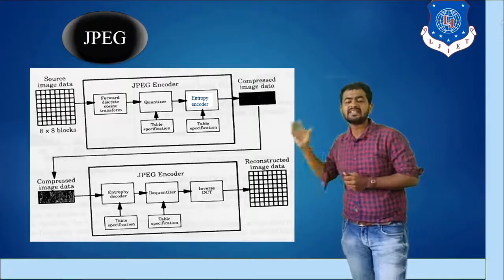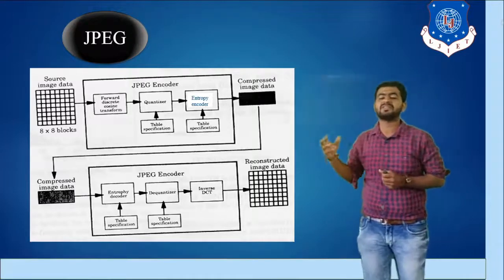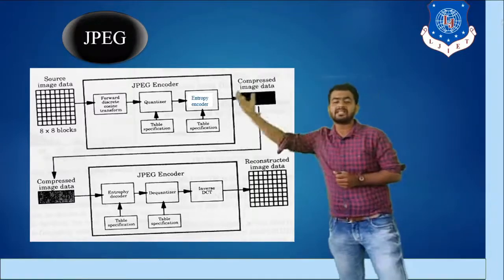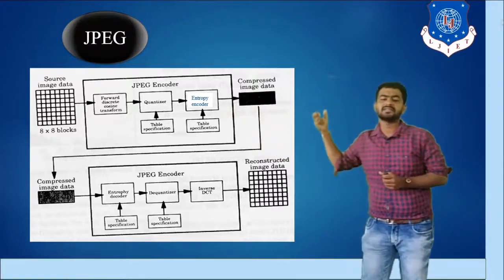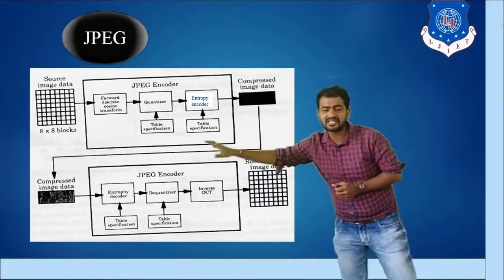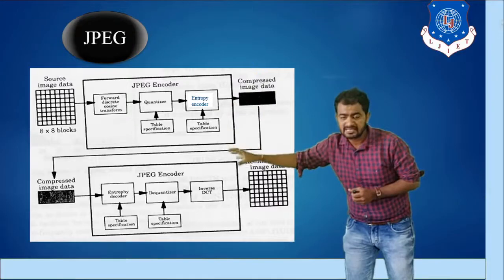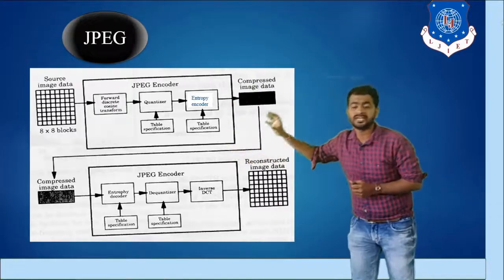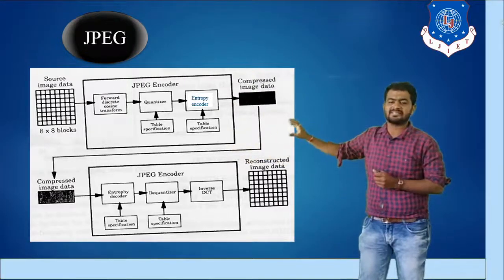So this is the basic diagram that we apply in the JPEG compression technique when taking data from the source side to the destination side. We use the DCT transformation, a simple quantization method, and an entropy based method, and then we compress the data. And for the decoding